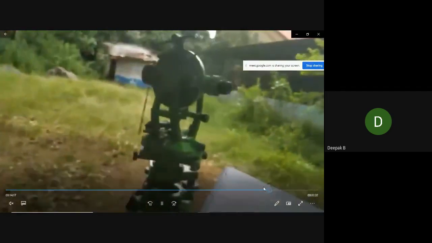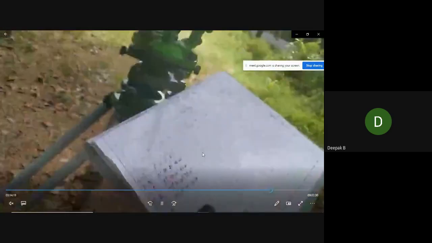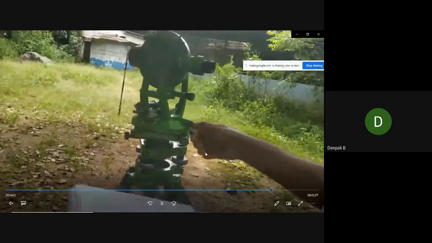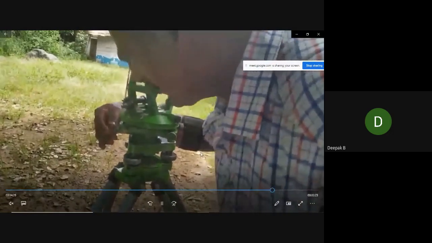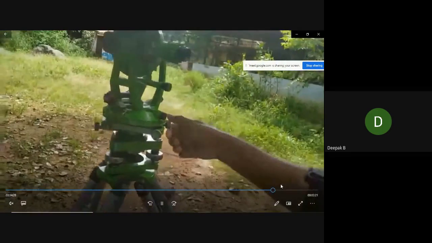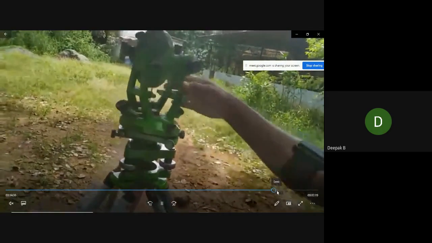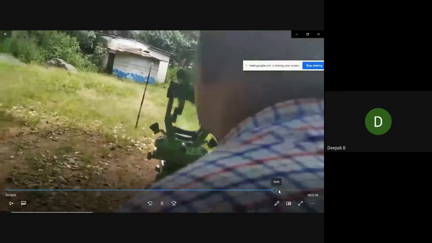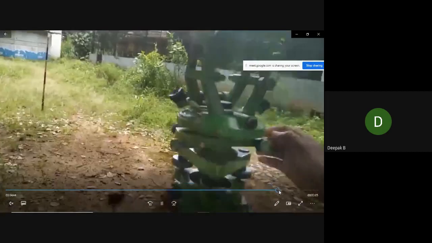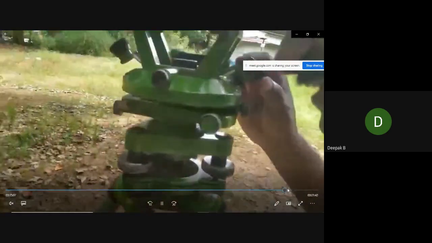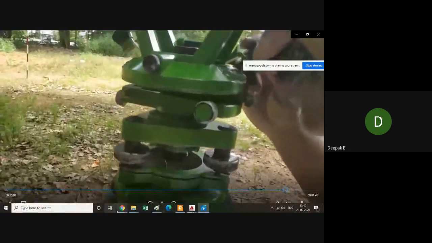Okay, and he will tighten the lower screw and loosen the upper screw so that just the upper plate is moving and there is a change in reading in the upper plate. Okay, the upper plate has moved and he is again sighting Q and he is going to take the reading, and the reading is